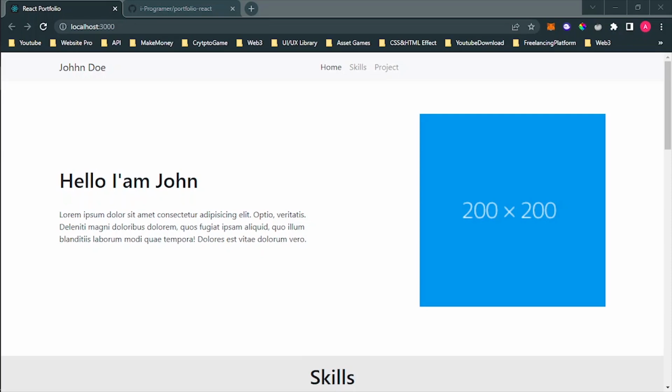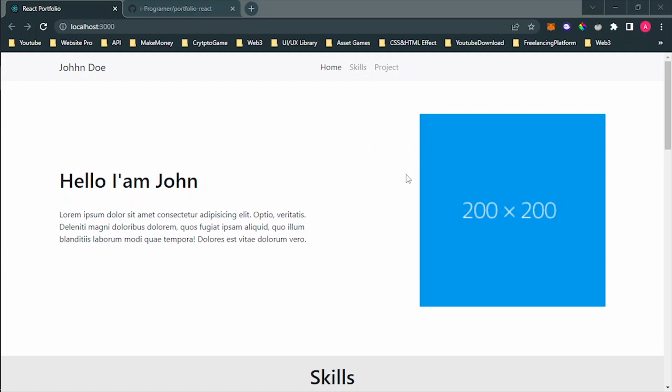In this video, we will create a portfolio website using React, HTML, CSS, JS, and Bootstrap. Let's see how this website looks. Here at the top and sticky, we have a sticky navbar with some links, like for example home, skills, and project. For the banner, we have the introduction part where you can show and introduce yourself with the introductory text, and you can also show